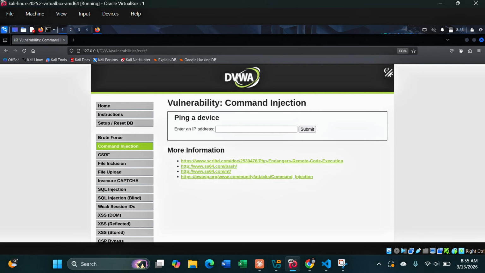Think of it like this. Imagine you ask a waiter to bring you water, but instead you slip in a note that says, also bring me the keys to the safe. That's basically command injection. Command injection happens when a web application passes user input directly to the operating system shell without proper validation. The application expects you to enter normal data, but you can inject shell commands that get executed